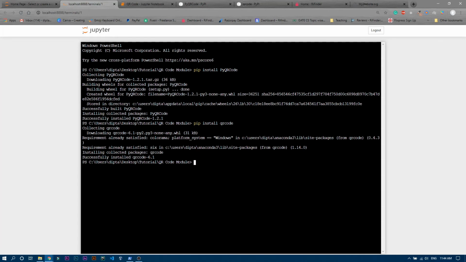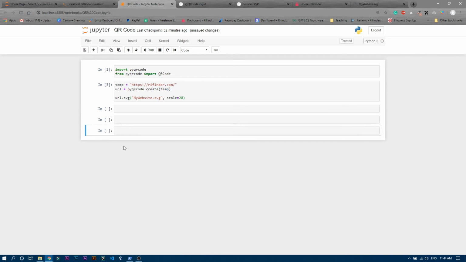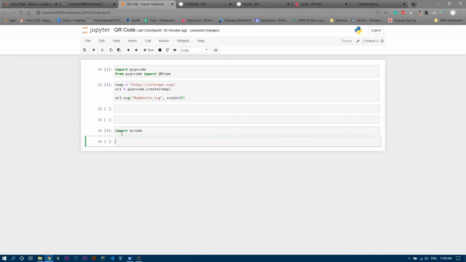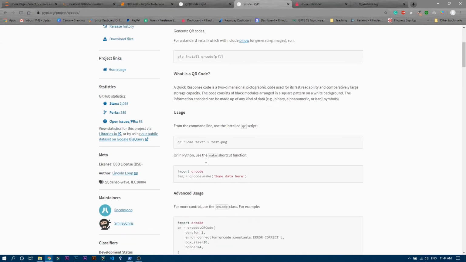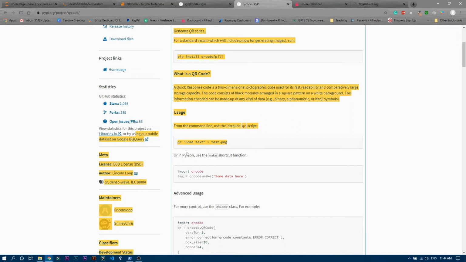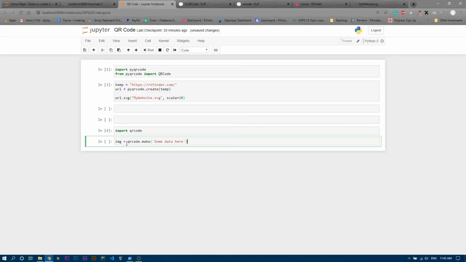So now if you want to import that qrcode, you just need to write it over here. So let me add two more cells. Yeah, import qrcode. Okay, that's it. And now let's go into the documentation, and you can see that using the command line you can code this one, or if you are using any IDE, then you have to write it like this: import qrcode. First of all, we already imported that one, so now we will just copy this one and paste it over here, and I'll just